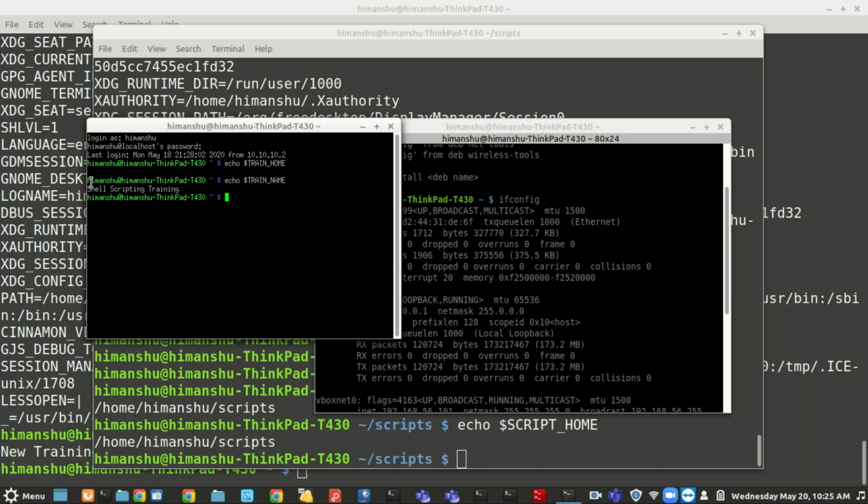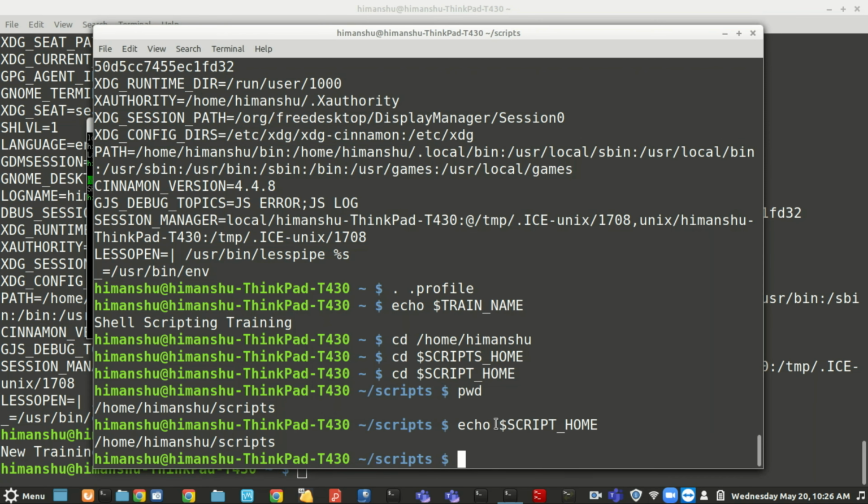So now every time this user, Himanshu, connects, this variable value will be set automatically. So I don't need to worry about which path or whatever value. Those types of variables you can already define. These variables are very useful when you are printing a value name also.